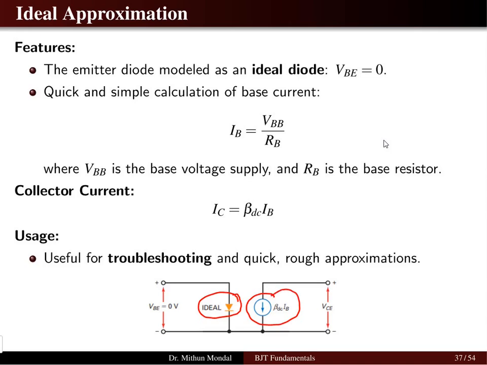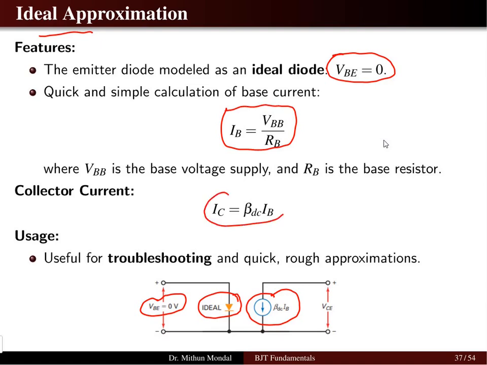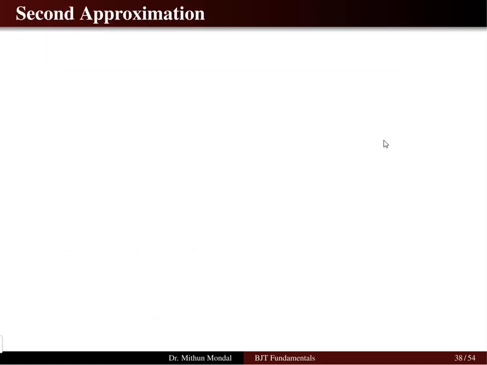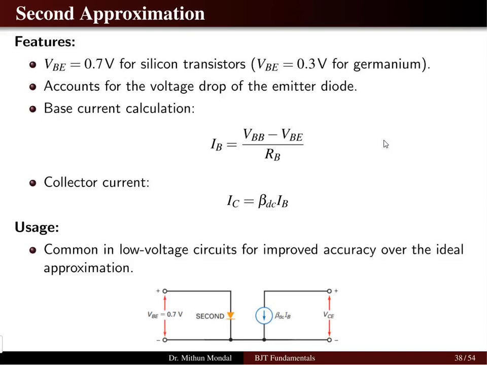Now if we do the ideal approximation, what is the meaning? The ideal diode we are using, where the base emitter voltage is basically 0 volt we are taking, and the base current is then given by the voltage of the base divided by the resistor, whereas the collector current is given by beta into IB. This is useful for troubleshooting and quick rough approximation, but generally we go for the second